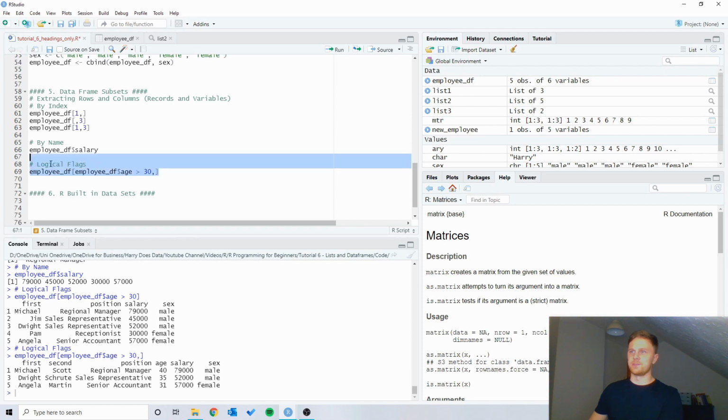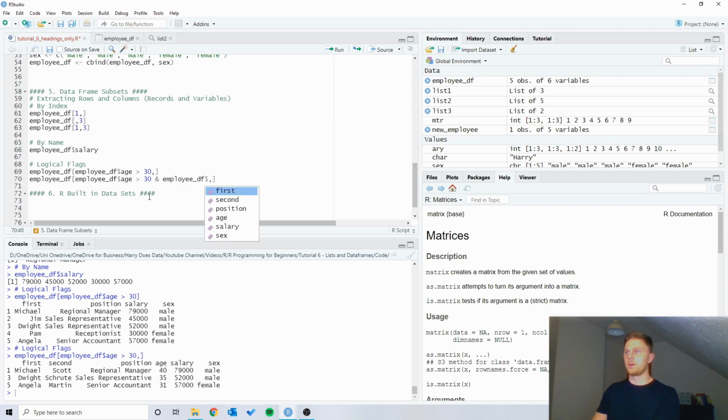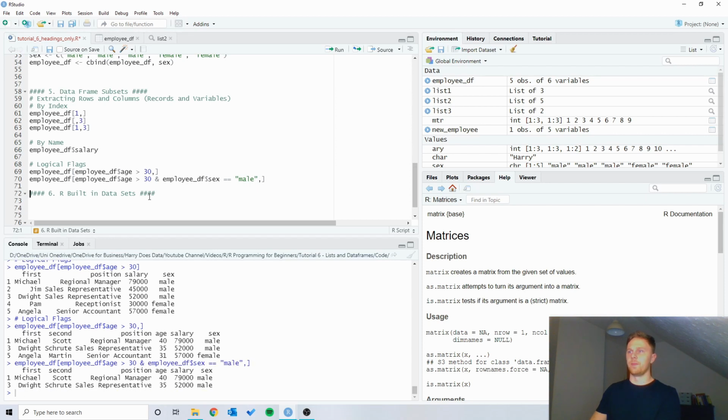And just going back to our logical operations, we could have multiple logical operations in here. So what if we want all of the employees where the age is greater than 30 and they're male? So employee data frame, sex is equal to male. And we'll run that. Now you'll see it's taken away the Angela Martin record,